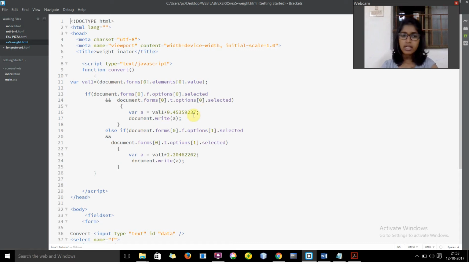Similarly, in the else part we check for the other two values. If it's from pounds to kilograms, then the value is multiplied by 2.20462262 and then we display that value. Now on running this program,